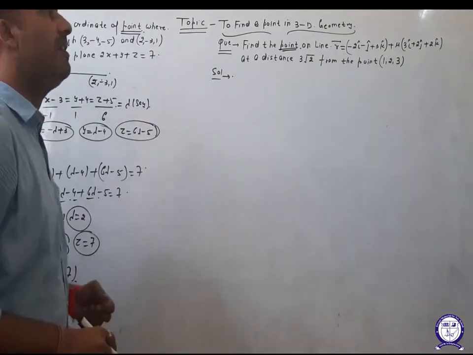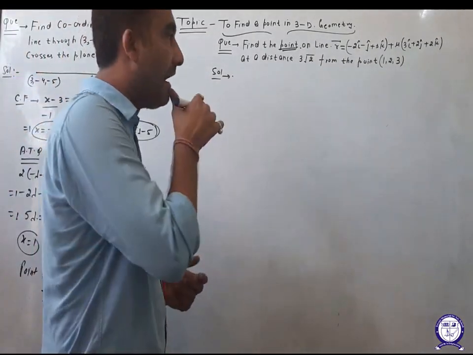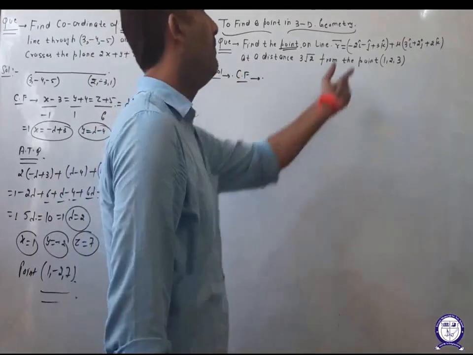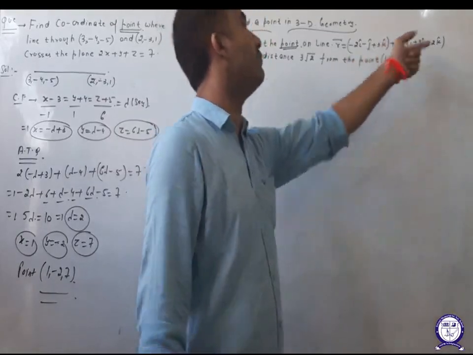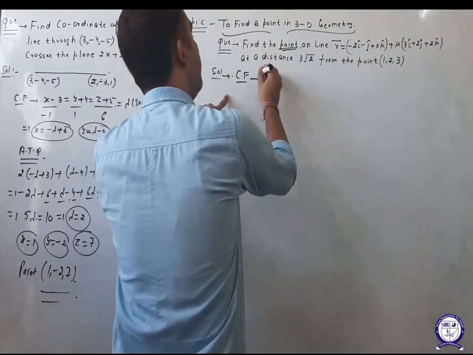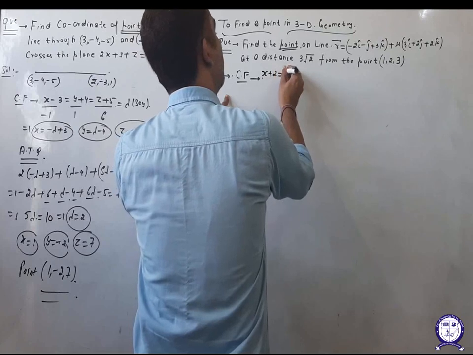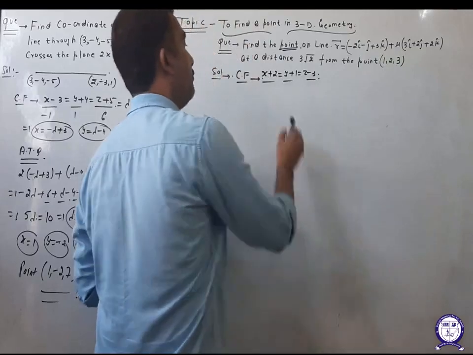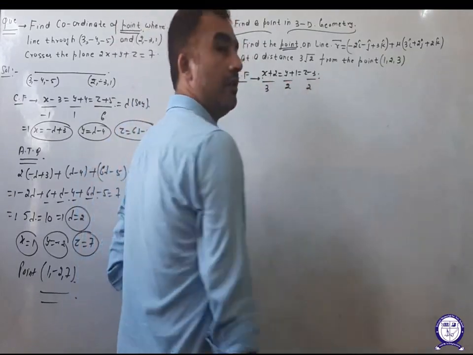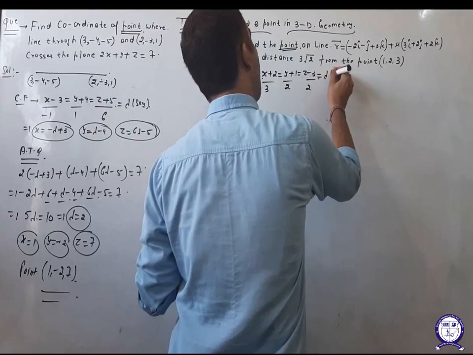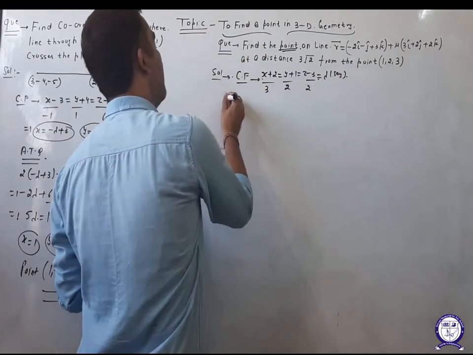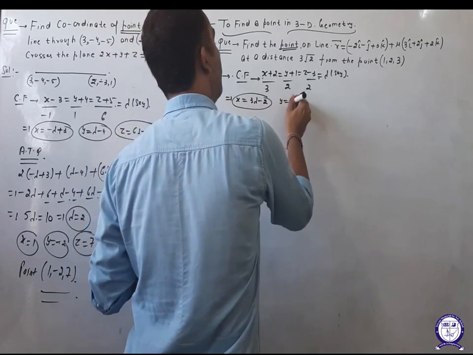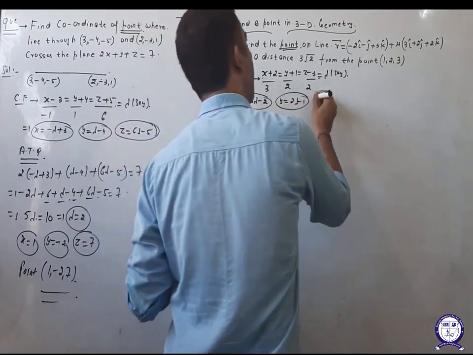With the same kind of question, again the question is asking about a point. In three-dimensional geometry, if we need a point, then our basic need is the Cartesian equation of a line. First of all, get the Cartesian form of the line. We have the vector form of the line, that is a vector plus mu b vector. Then the Cartesian form is x minus x1, y minus y1, z minus z1 upon direction ratio, that is 3, 2, 2. Suppose, to get a point, it is equal to lambda. Here x equal to 3 lambda minus 2, y is equal to 2 lambda minus 1, z is equal to